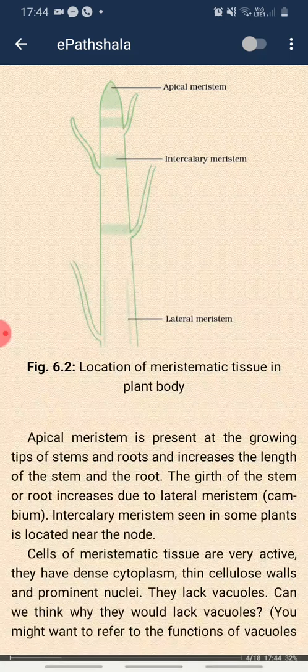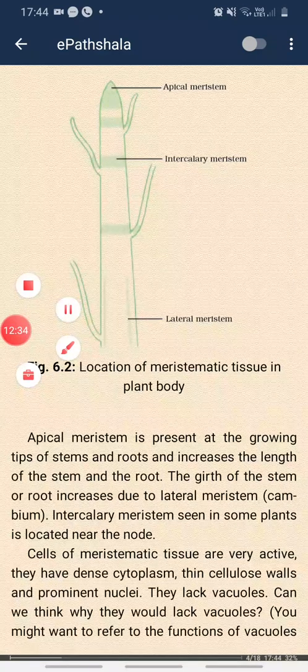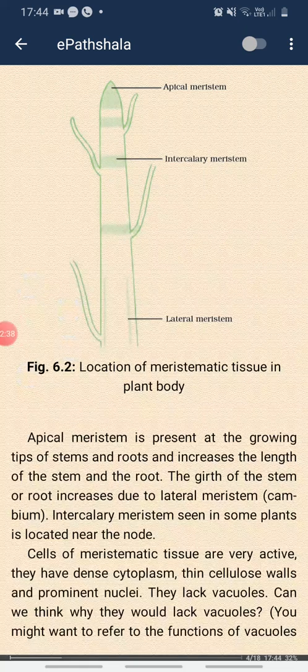Later on they have vacuoles. As the cells continue, and later on when these cells become permanent cells, when they form a permanent tissue, at that time the vacuoles will emerge. Okay, fine, I hope it is clear. Now we'll see the permanent tissues in the next class. Okay.